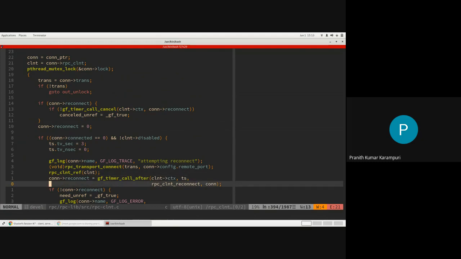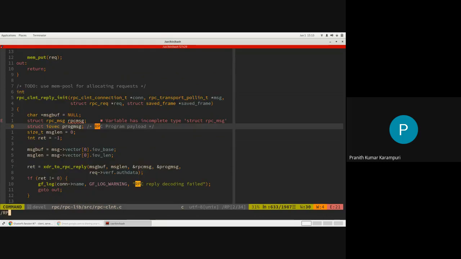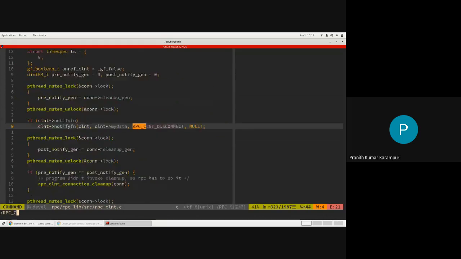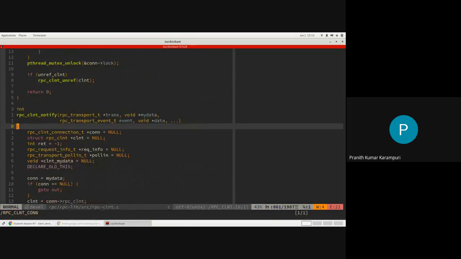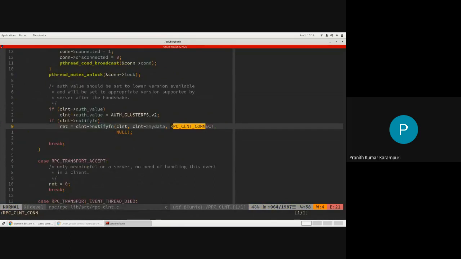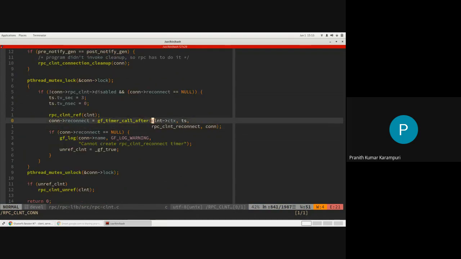So the way it works is, if the connection succeeds, it will cancel the reconnect timer, and that's it. You will just get an RPC_CLNT_CONNECT. So it will call this thing if there is a connection that is successful. Otherwise, this will keep on looping.